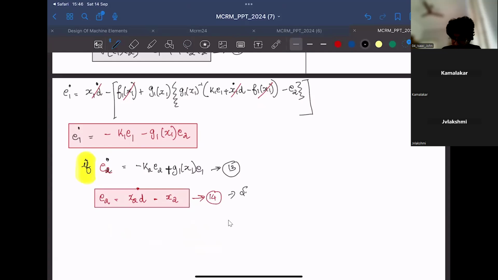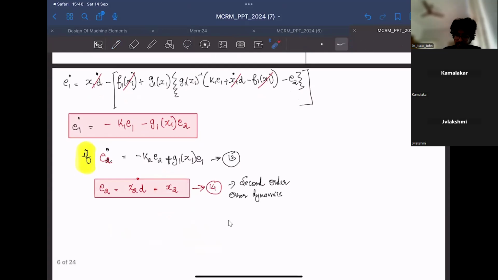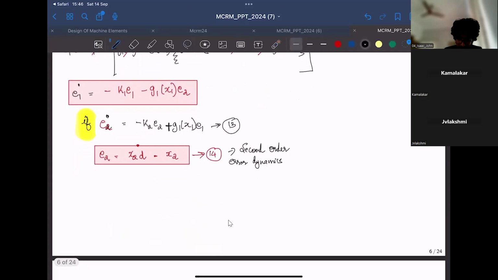This is the second order dynamics. And in place of this x2 dot, I can bring back the second order dynamics of the system. That'll be E2 dot would be x2 desired dot minus